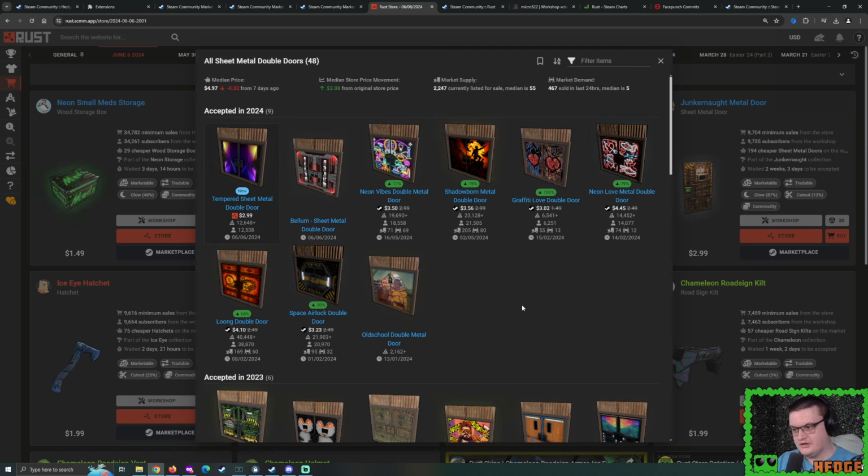But remember, that ain't going to last forever. They will go down again. And I will not be surprised if we see some of them going below the Rust store price. So sell them during the likes of the summer whilst you still can. And, well, keep an eye on the workshop, because there very likely might be more